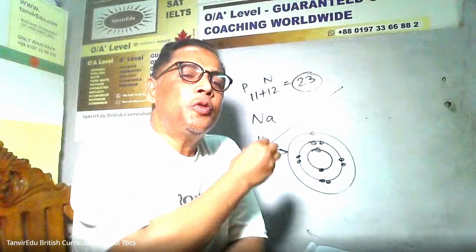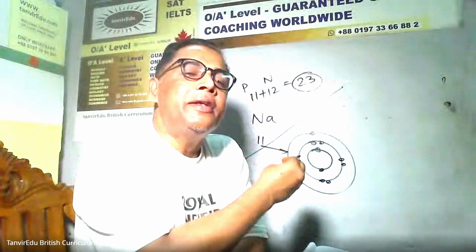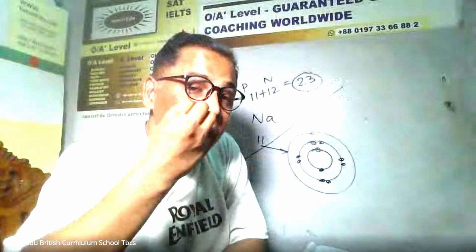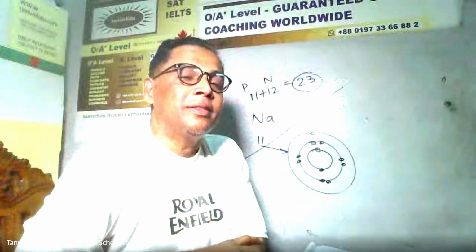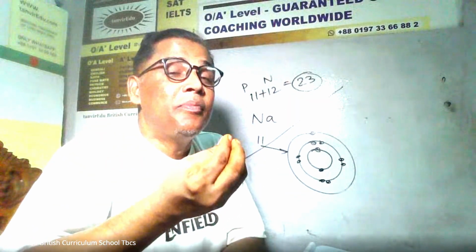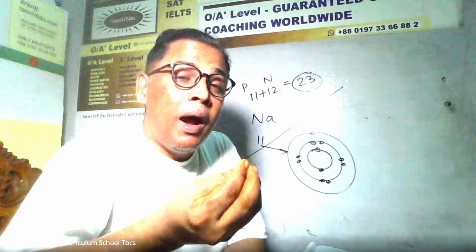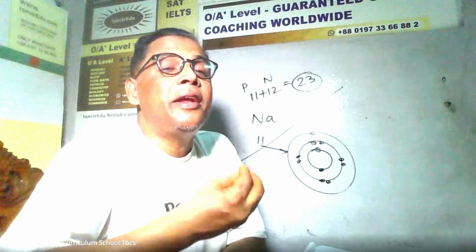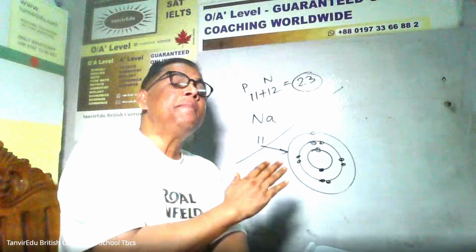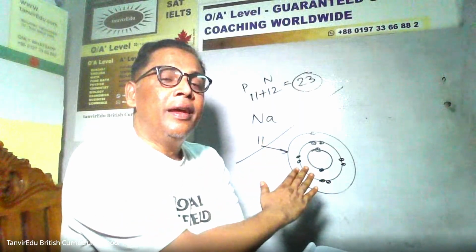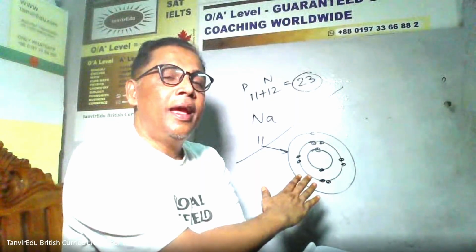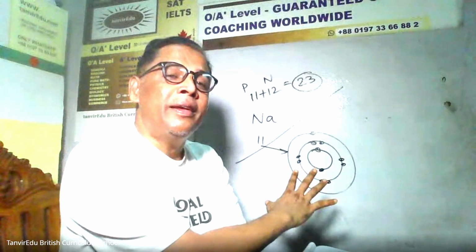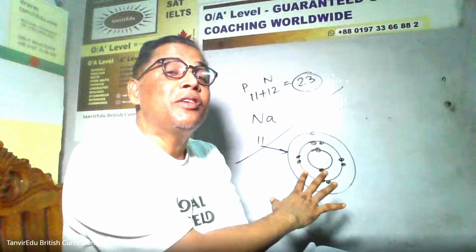Suppose sodium. There are 118 types of atoms in the world. In front of you, with bare eyes, you are watching crores of materials, but the basic atoms of the world are approximately 118 types. As an example, suppose sodium has been taken in front of you. The atomic number of sodium is 11. This is the reality, discovering reality.